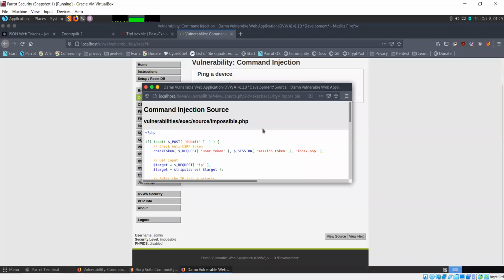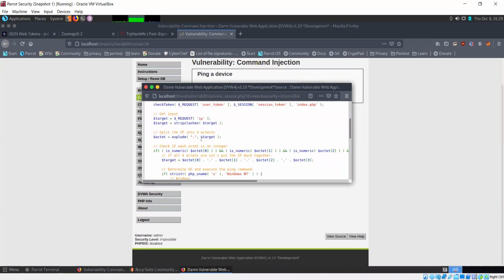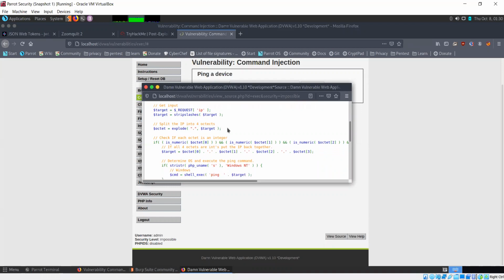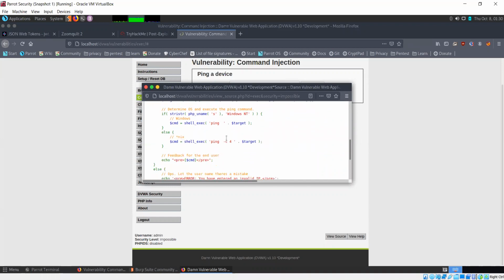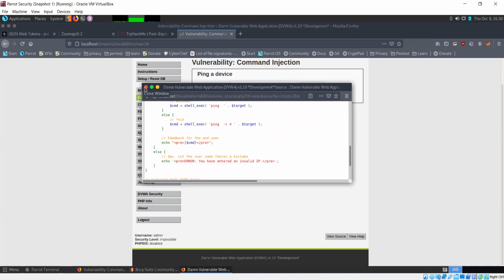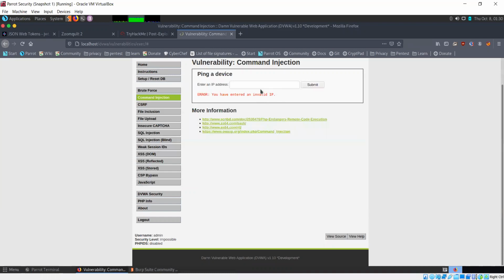Because now what they are doing is they're taking the input and splitting it into 4 parts and checking whether each of those 4 parts is an integer or not. If it turns out to be an IP address, if all the 4 octets turn out to be solely integers, only then it is going to continue with executing the command.